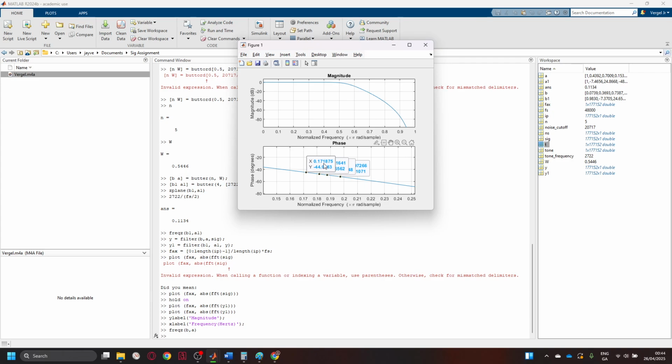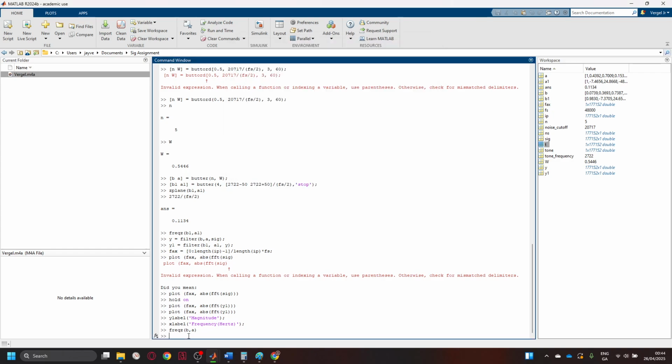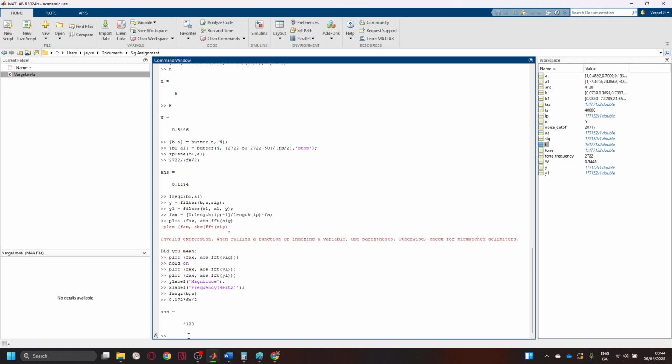So to find that in hertz, I'm just going to double check there. 0.172. Yeah, I think I can use 0.172. So 0.172 multiplied by Fs over 2. That's going to be 4,128 hertz. So using that tone,